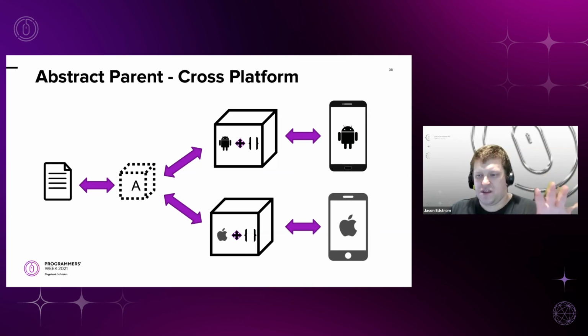And then, based off of what the abstract parent has, with the conditional inside the test class and per the abstract parent, we're now able to move ourselves into the platform specific code. So we have the single responsibility in the page object models. We're able to do that both on the selector level and the method level, but also the references. All the references inside those page object models will be either iOS or Android. If you see one of those references not being of the appropriate platform, you know that you potentially are referencing the wrong model. So it gives you extra context clues and indicators for this situation.